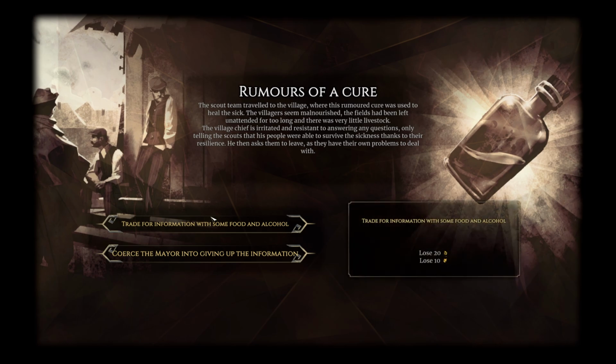Trade for information with some food and alcohol. And that's pretty expensive. Shit. Coerce the mayor into giving up the information. That's so expensive, but I've been playing the good guy this whole time. So...